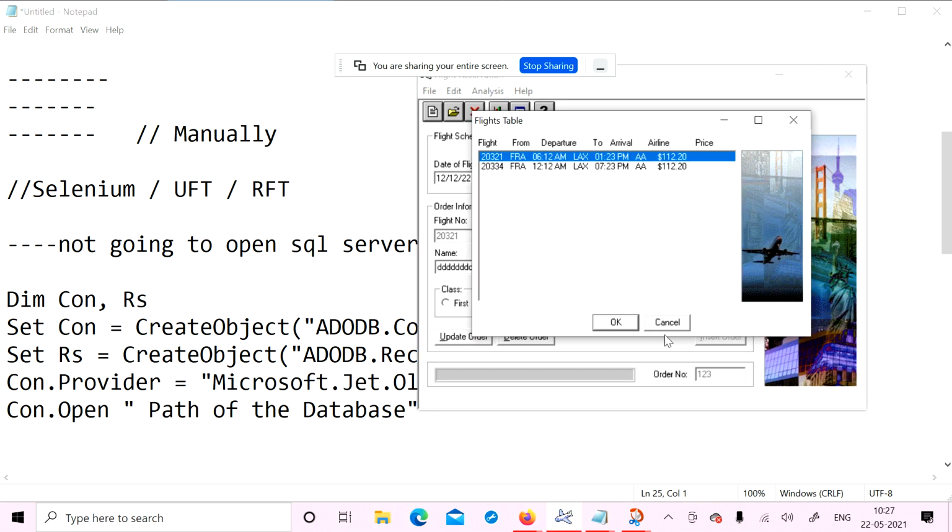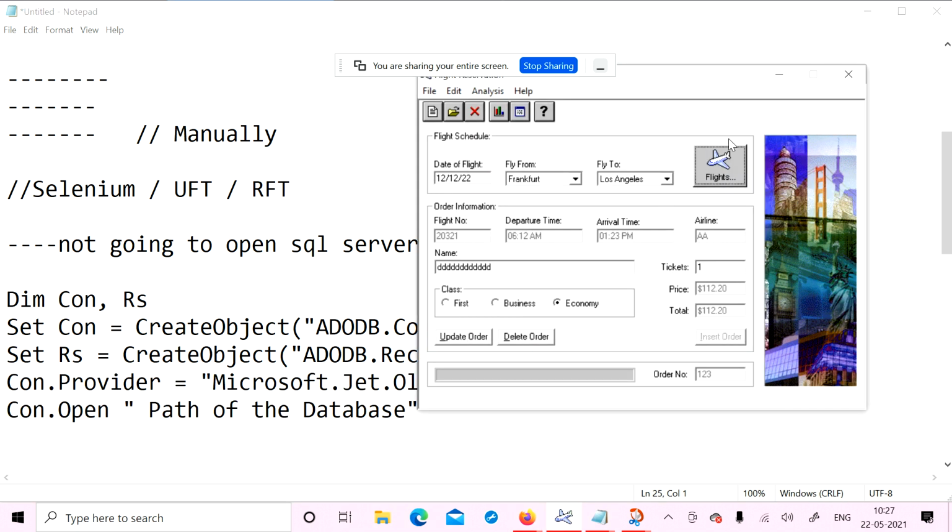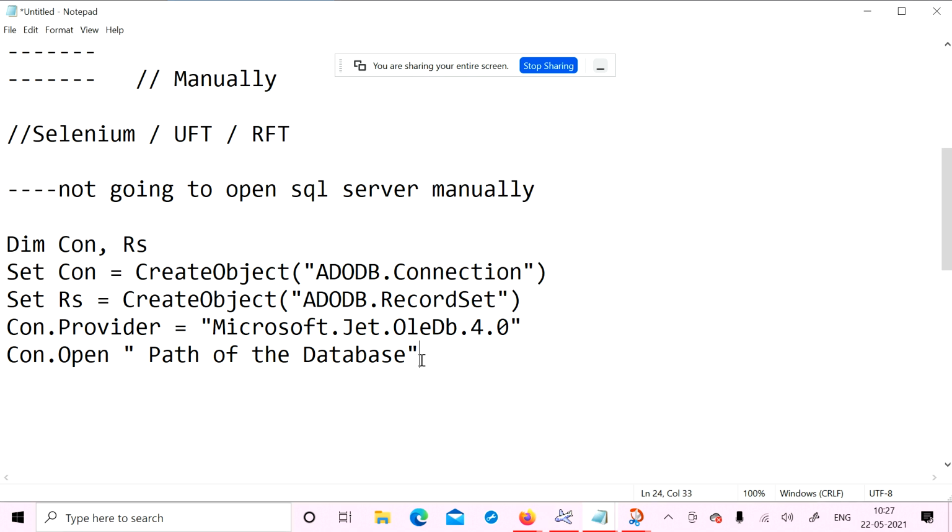Multiple tables we can find. Okay. This one is related to the available flights table. This table name is for available flights. And we need to select the table name. How are we going to select the table name? Recordset.open. Why are we going to specify the recordset here? It's related to the table, while the connection is related to the database. Recordset.open. Specify the path of the table. Select star from table name. Select star from table name. Where you can find the table under the database connection. That's all.